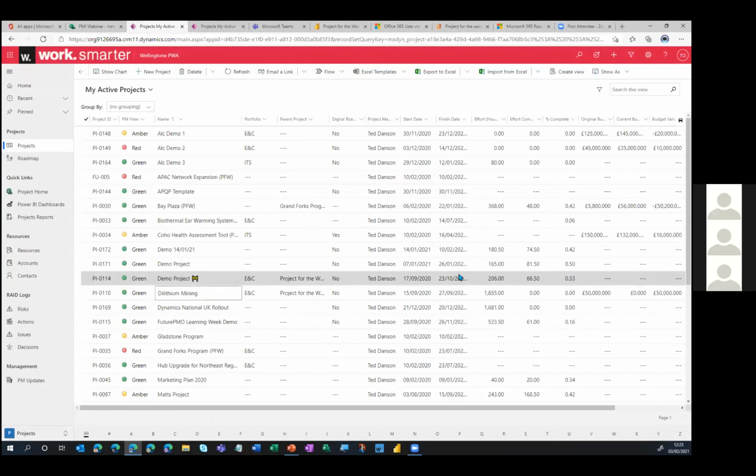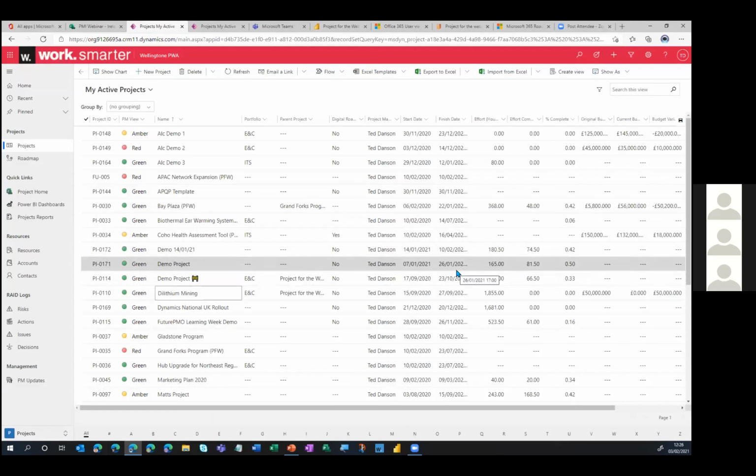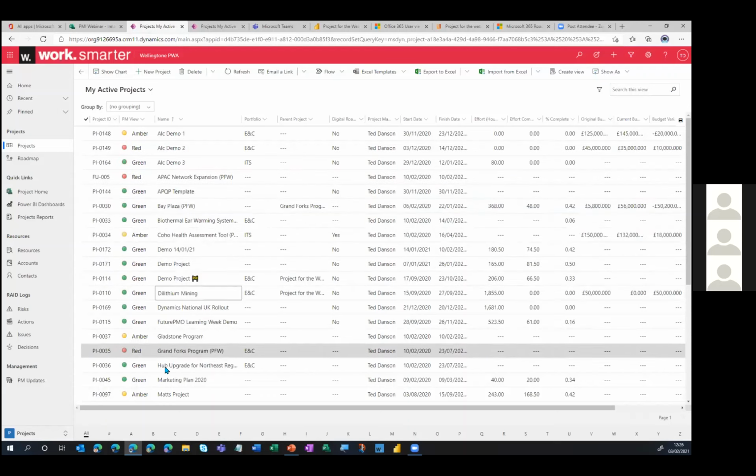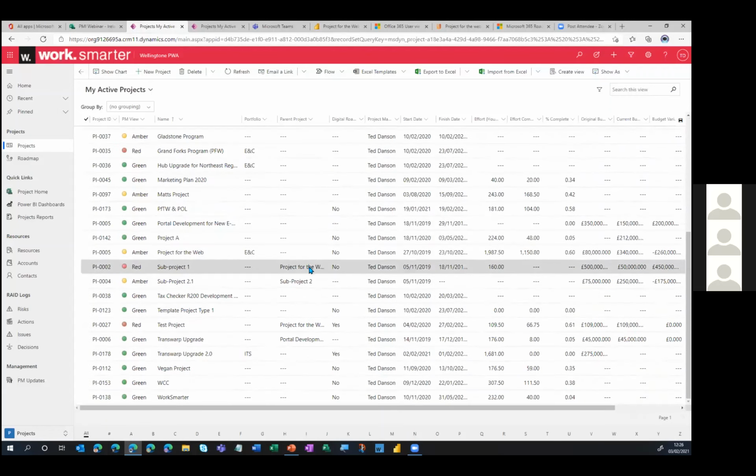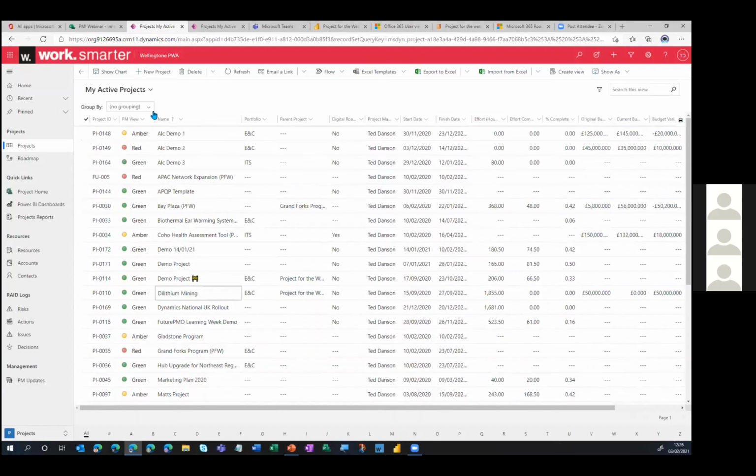This sits within the Power Platform. And for those of you that are familiar with Dynamics 365, this is the same underlying platform that it's all built on. So this is a portfolio overview of all of the projects that we have in the system, and I can scroll through this and have a look at these items. I can also choose to view active projects, all projects, closed projects, those that have been postponed, and you can create other views as well. I can also apply some custom groupings.